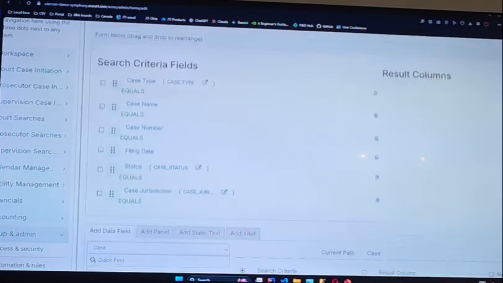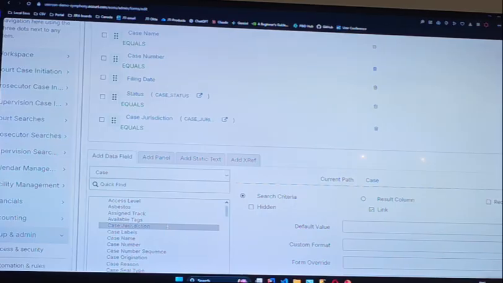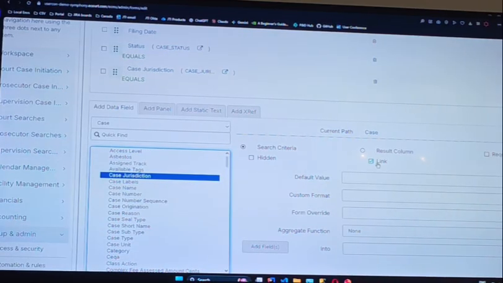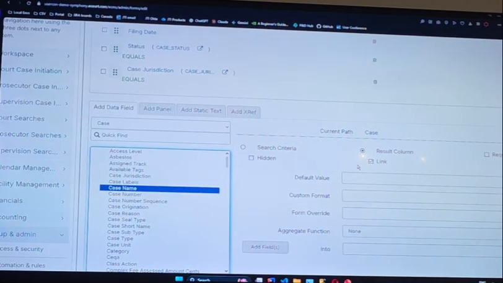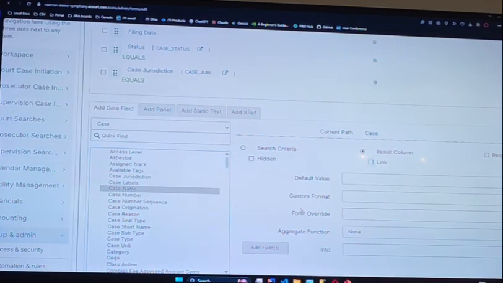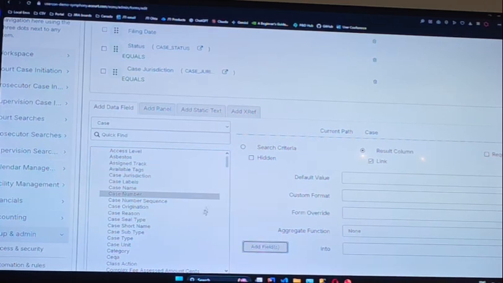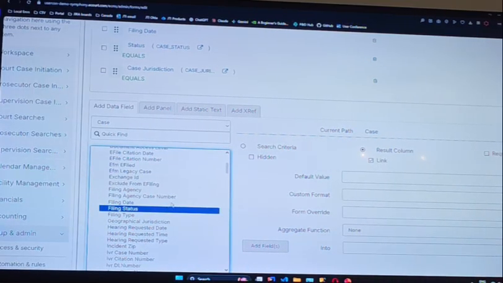What about our result columns? What do you think we want to see in our result columns? All the same? Could have said that earlier when I was selecting them. Right, let's go case jurisdiction. And